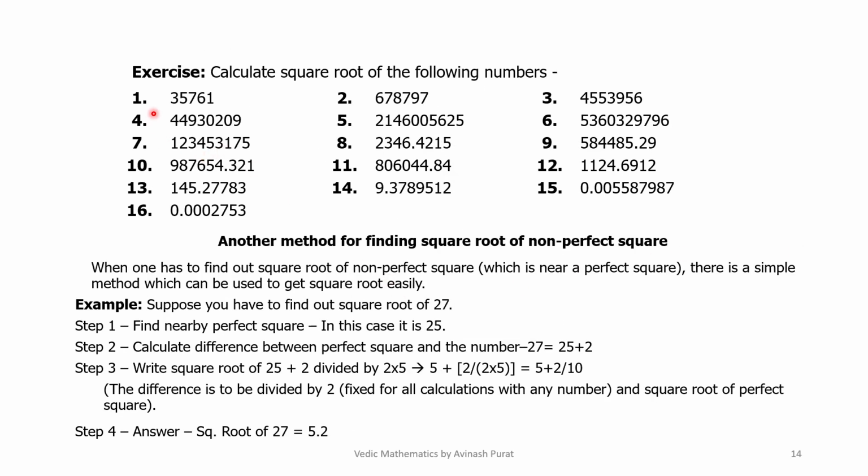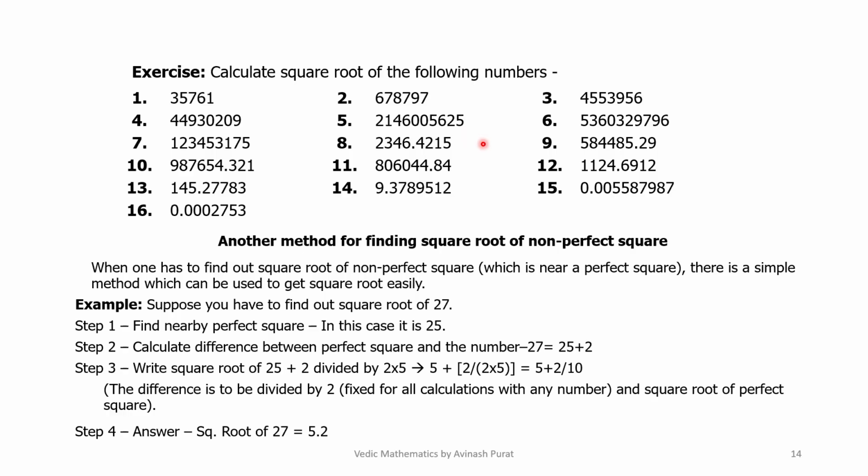Now exercise. Calculate square root of the following numbers: 1) 35761, 2) 6787973, 3) 4553956, 4) 44930209, fifth is 2146005625,